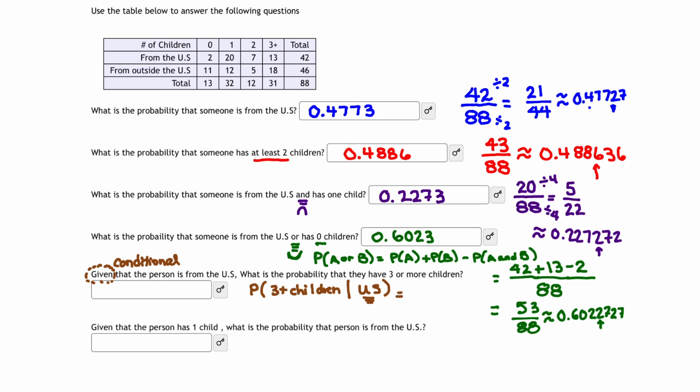All right, so let's take a look first of all. Because we're told that the person has to be from the U.S., we're going to focus right there simply on that row, all of the people from the U.S. So our denominator is the total people from the United States, which is 42. Now, given that they're from the U.S., what percentage have 3 plus children? Well, now we look under the column 3 plus, so our numerator becomes 13. If we take 13 divided by 42, we get an approximate answer, and I'm going to put it right here because I'm running out of room, of